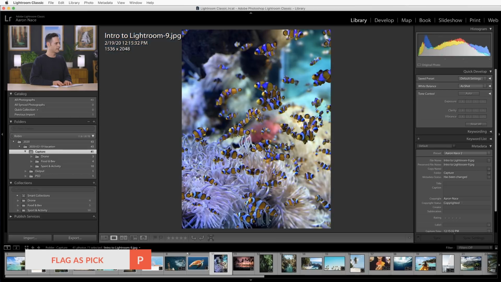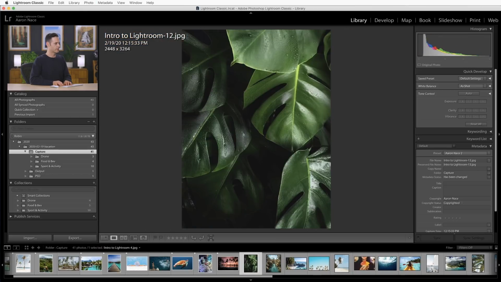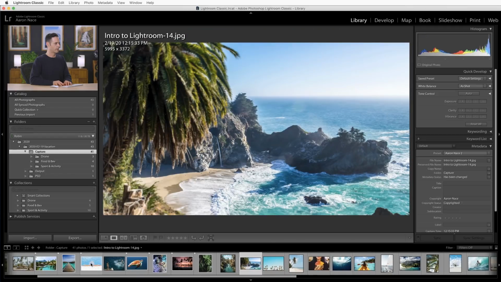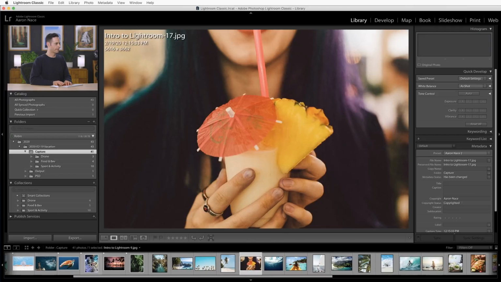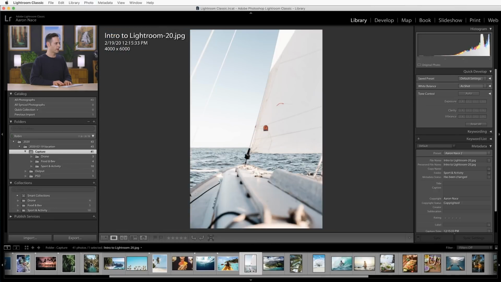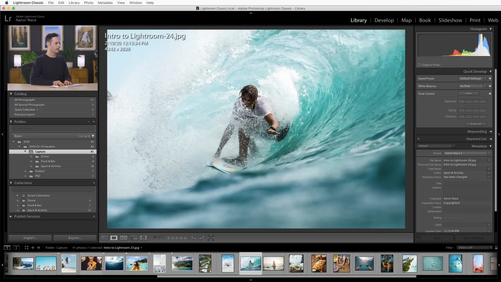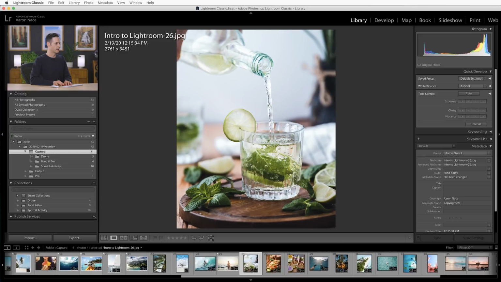That's awesome. Yes, of course. That sunset I like. This would be a cool background. There we go. All right. Fantastic. So you can see this is going pretty quick. Again, I'm just using my left and right arrows and hitting P on anything that I think is going to